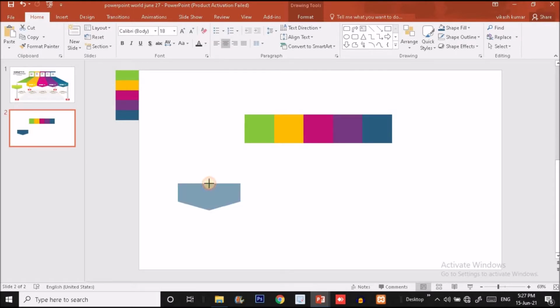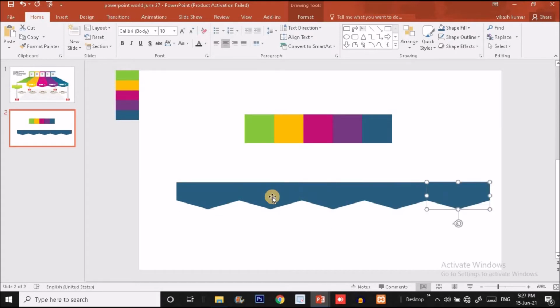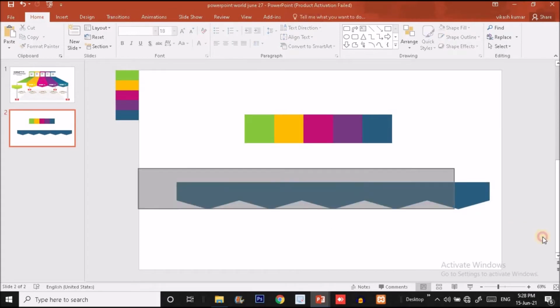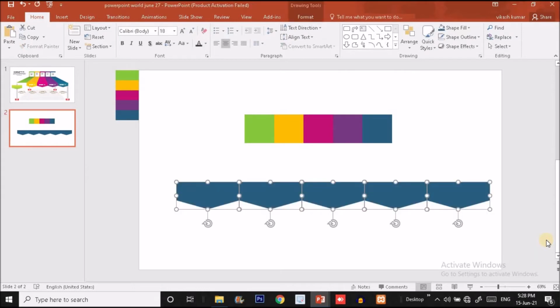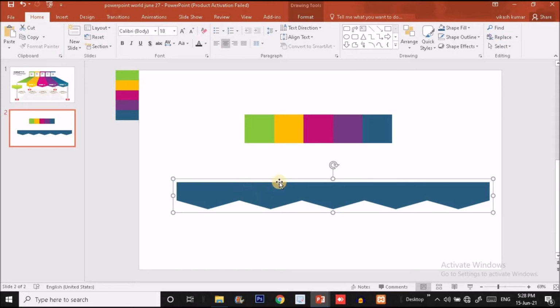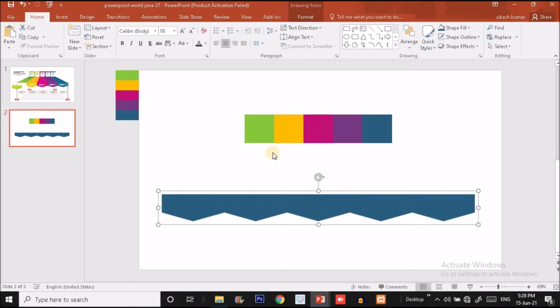Slightly I'm going to decrease the height, guys, so I'm going to put it over here like this. Okay, now it's fine. So now what I'm going to do, I will press Ctrl D to make a duplicate copy and put it over here. Again press Ctrl D 5 times to make 5 different duplicate copies of the same shape. Select all this shape and press Ctrl G to make a single group. Okay, and put it over here.